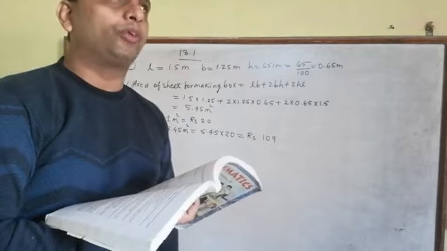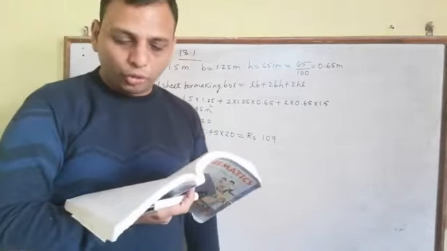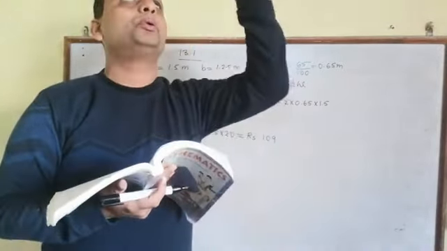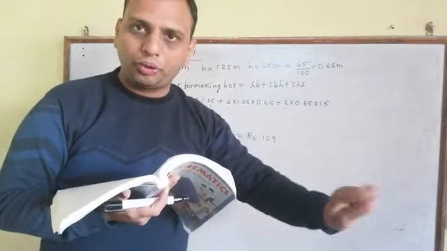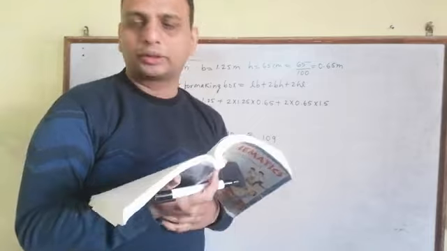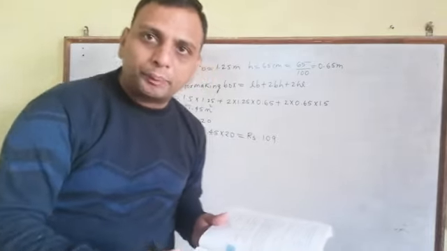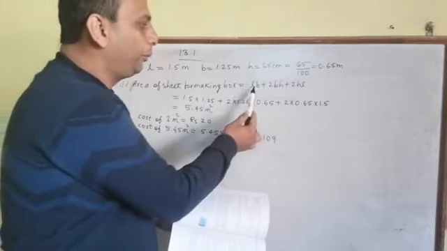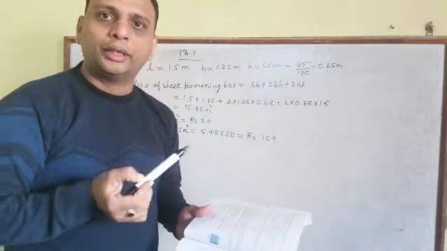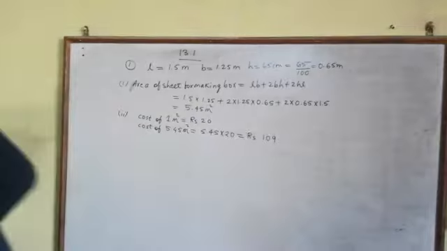Means if we have to whitewash the room, we whitewash the 4 walls and the ceiling. Floor is never whitewashed, so the base part is not included. Then again the same formula will apply, because the base is not included, so we can't apply total surface area. So now we can solve this question easily.